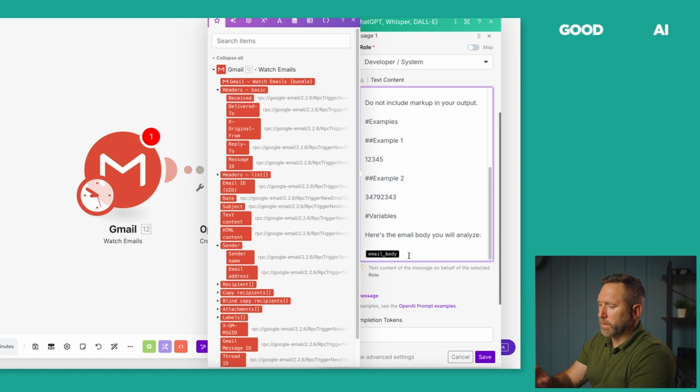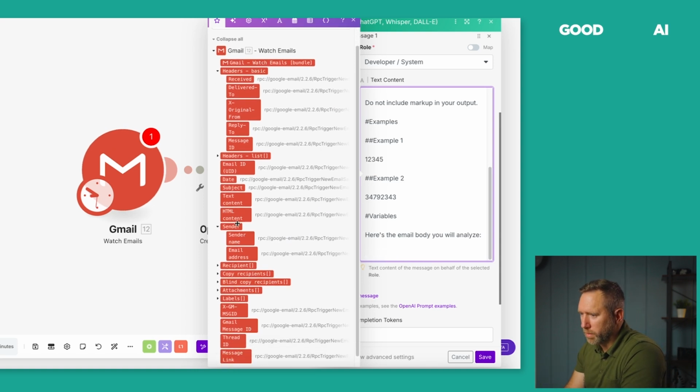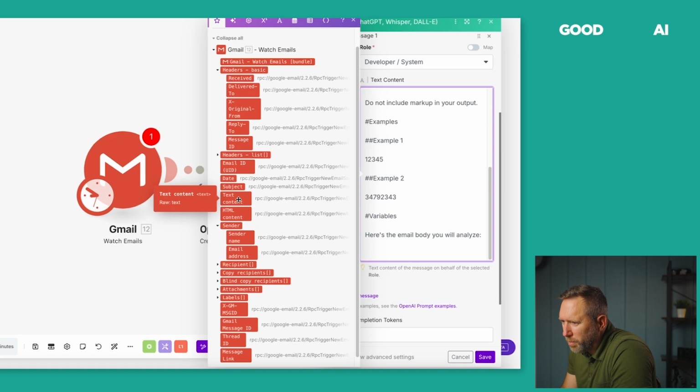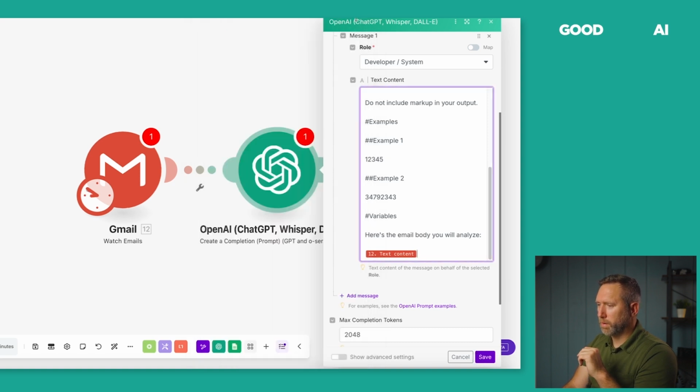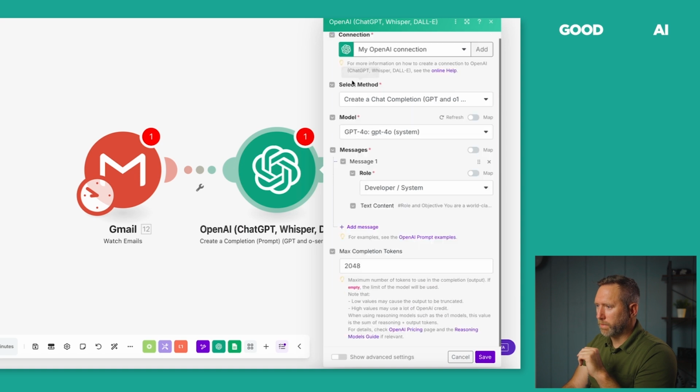So in this case, if we had pulled an email, in fact, I think it's going to be text content is the email body. So that would be the email body that's going to be parsed by the AI and looking for that invoice number. Okay, so then,